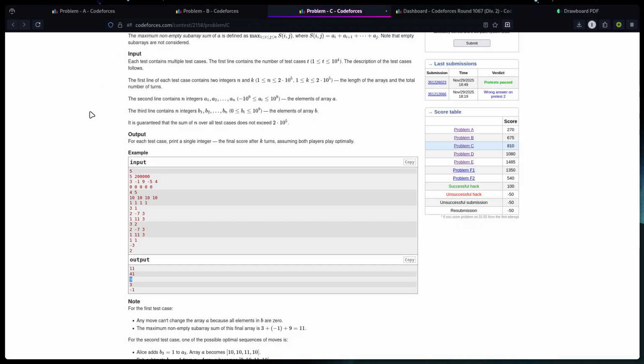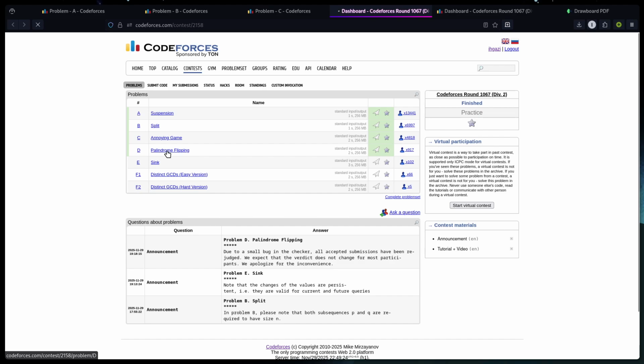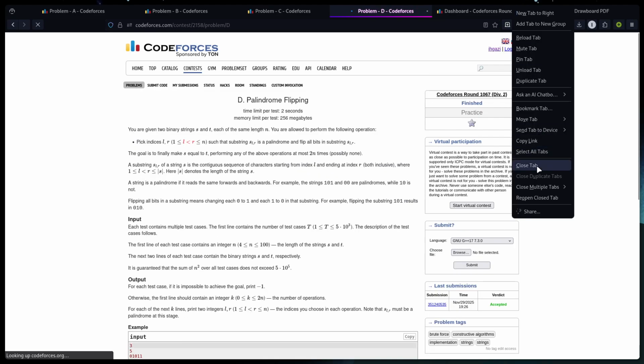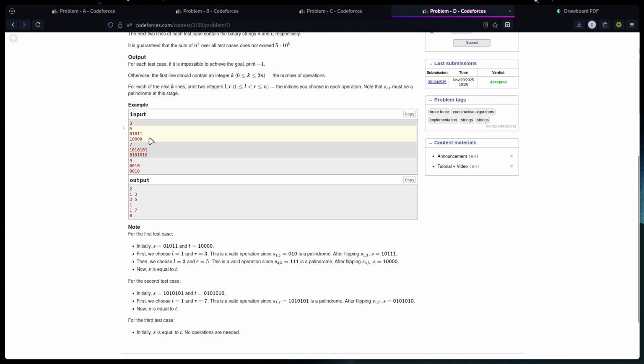Okay, so now let's move to problem D. D is quite interesting. It is given that we have two binary strings S and T, and what we can do is pick a palindrome from S whose length is greater than 1, and flip all the bits in this palindrome. So for example, for this problem, 0 1 0 and 1 1 1,